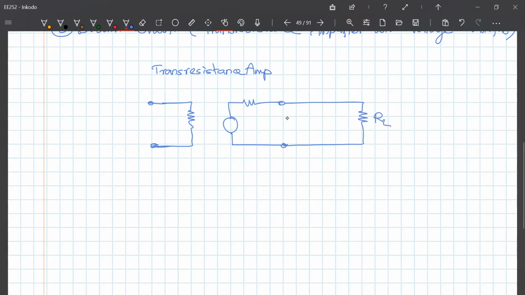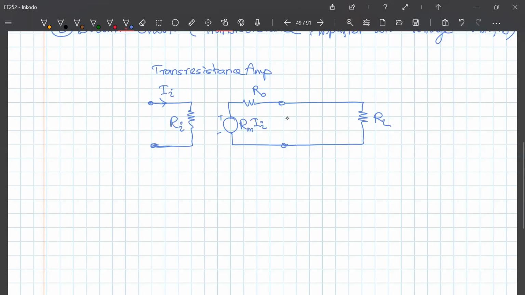This is my output without feedback. This is my voltage gain, so that gain is a resistance. So we call this transresistance: the gain Rm times input current I, where this is my input current I,